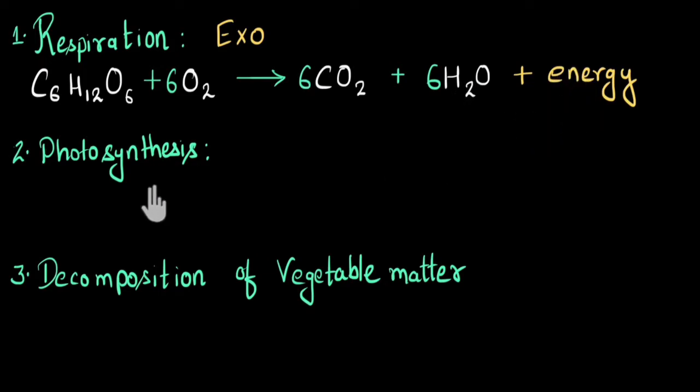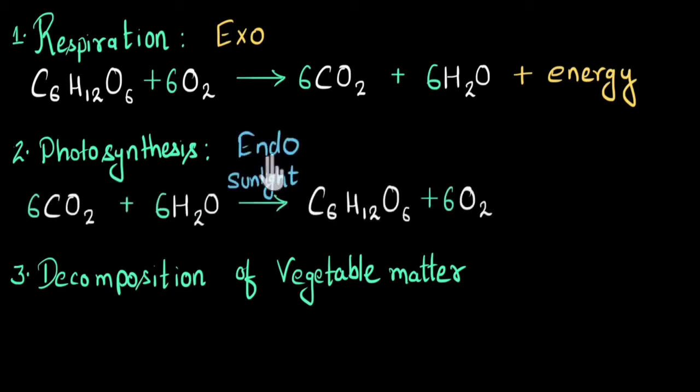Now let's talk about photosynthesis. Now you would remember that plants use this process to make food for almost the entire living world. They use carbon dioxide, water, and the energy from sunlight to make glucose. And since energy is being used over here, that's why this is called an endothermic process. This is the chemical reaction. See here, sunlight energy is being used to make glucose from carbon dioxide and water. And that's why this is endothermic in nature.